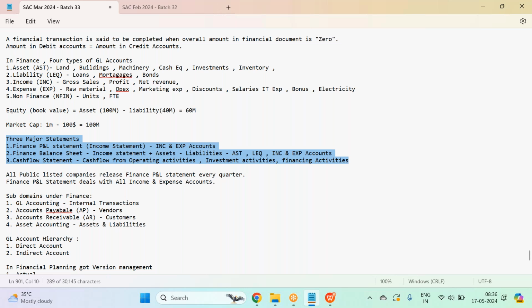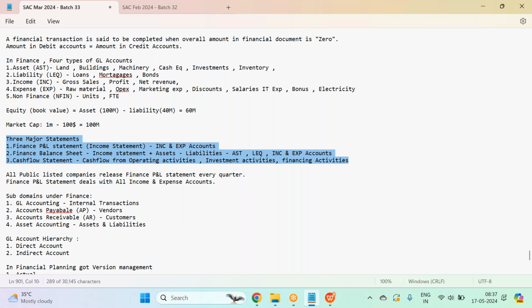Okay, so guys, take any publicly listed company, in the sense any company having public stakeholding. There are two types of companies, guys: private and public. Public listed means they are listed on the stock exchange, and there is public participation in the stakes. If it is private, it's completely a proprietary company, only the owner owns the company fully, and it is not listed on the stock exchange. But if the company goes public, they sell the stock to the public, so then it's a public listed company. Most companies are public listed only.